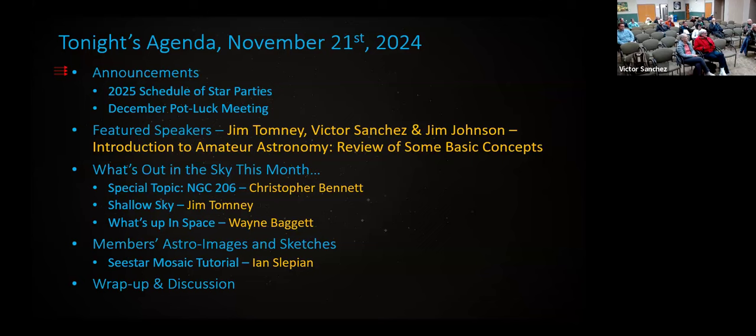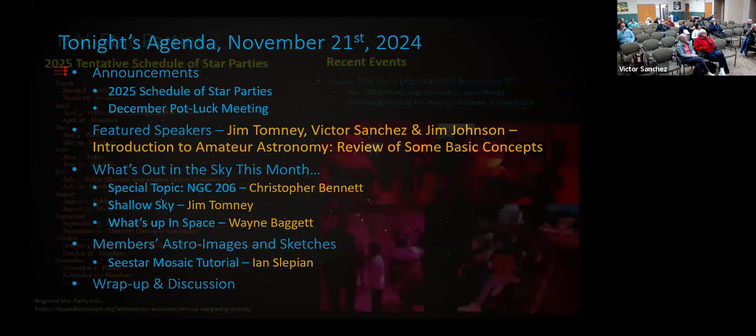And then we'll do our normal shallow sky and what's up in space, and then go through some pictures, including a very small tutorial from Ian Slepian on the process of putting a mosaic together with the Sea Star. So without further ado,